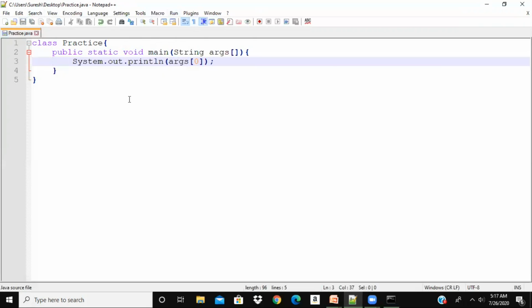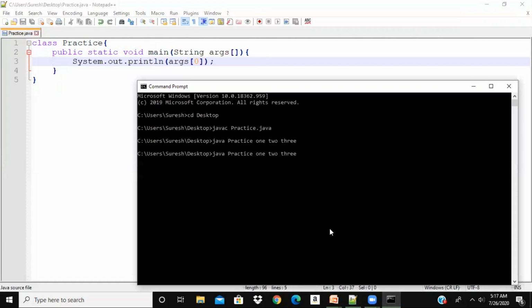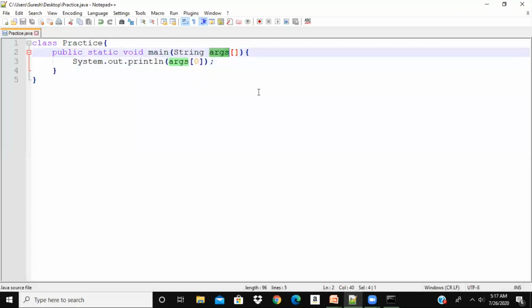Let me save it again, compile it with javac practice.java, then run it: java practice 1. Okay, I can pass more arguments also. I'm passing 3 arguments: 1, 2, 3. Let me run it. You can see the output is 1. So the first argument is the first element in the args array.